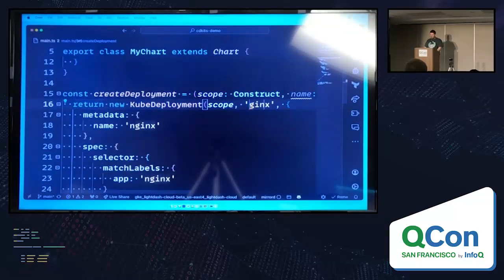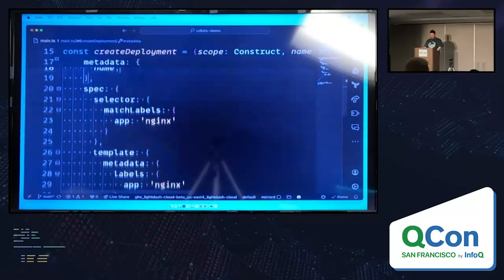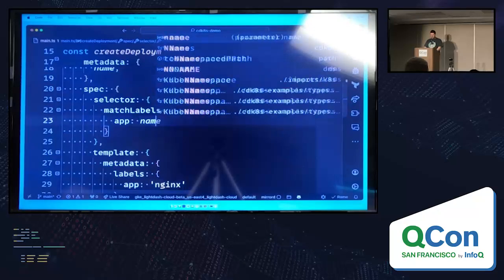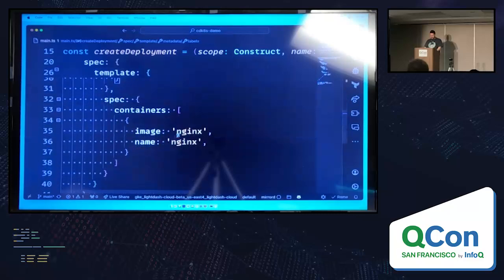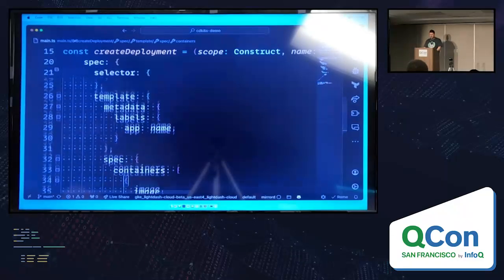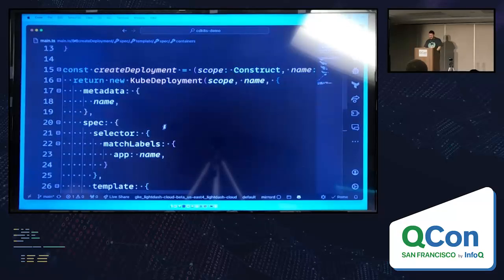So now we need to clean up our code, where this should be name, and we can use short syntax here and just say that's our name. We can do the same here, and here, and the image, like so. So you can see already we're starting to tidy up this definition of what our deployment looks like. We can take this a little bit further,